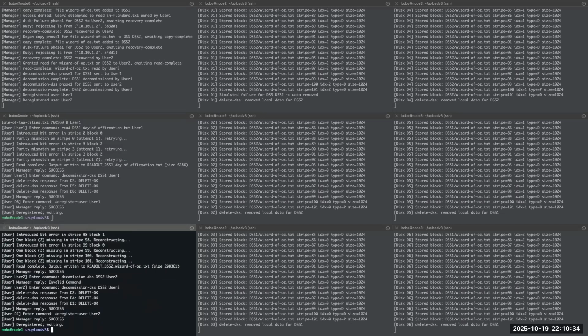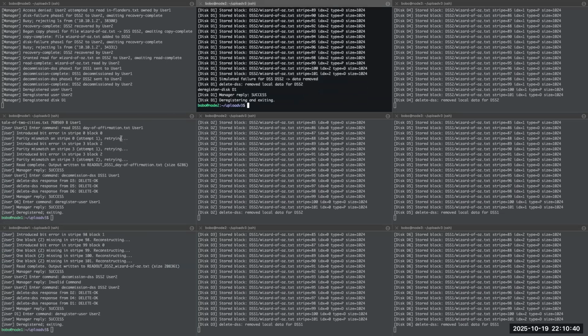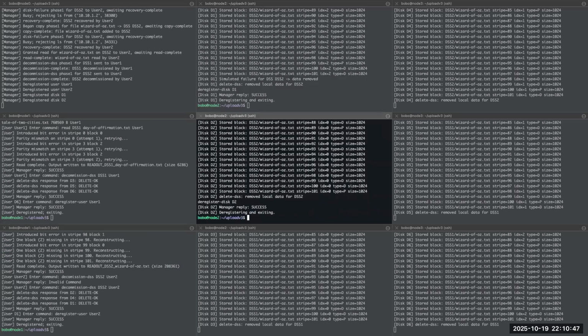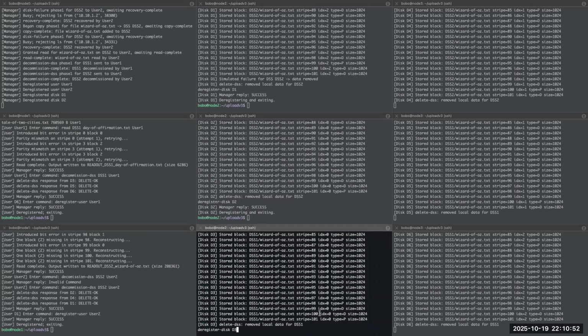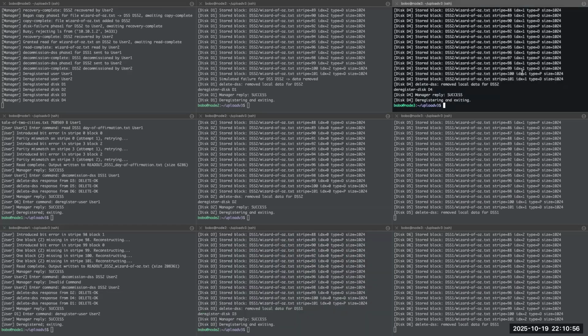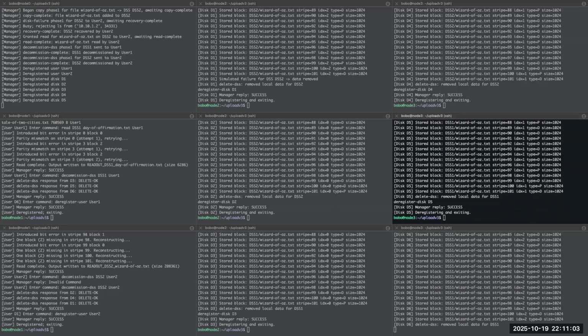Next, I'll be moving on to deregister for the disks. This is deregister for disk 1, exited. Next is for disk 2, again exited. Disk 3, exited. Disk 4, exited. Disk 5, exited. And lastly, disk 6,